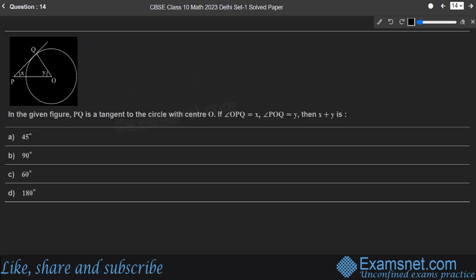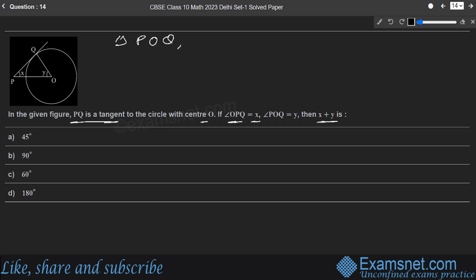Now question number 14. What they say? In the given figure, PQ is tangent to the circle with center O. Angle OPQ is equal to X, that is already mentioned. Angle POQ is Y, that is already mentioned. Then X plus Y is. This is the situation given. So if you see triangle